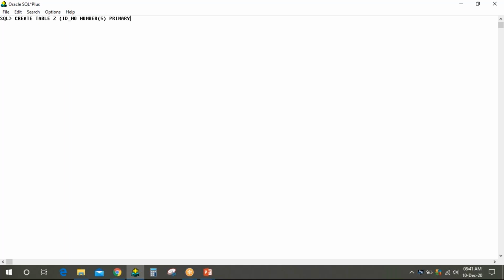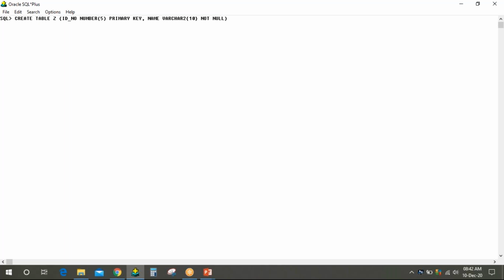Same, with primary key here instead of nothing. Let's pass one more constraint here, not null.